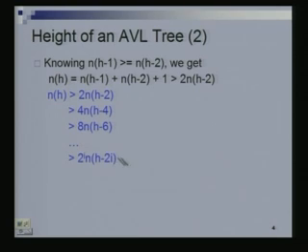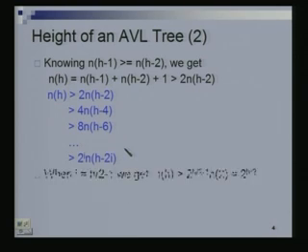Great. Okay, so suppose I pick i equals h by 2 minus 1. I am going to assume for now that this quantity is an integer. So let us assume h was even to begin with. So this is an integer, and for this value I will get 2 to the h by 2 minus 1. n of h is more than 2 to the h by 2 minus 1 times n of 2, replacing i by h by 2 minus 1. n of 2, recall, was 2, so it becomes 2 times 2 to the h by 2. Is everyone with me?